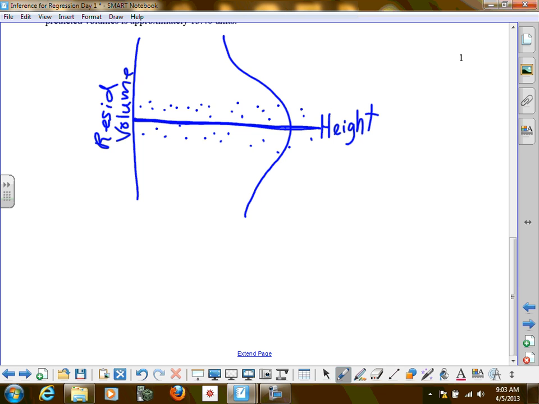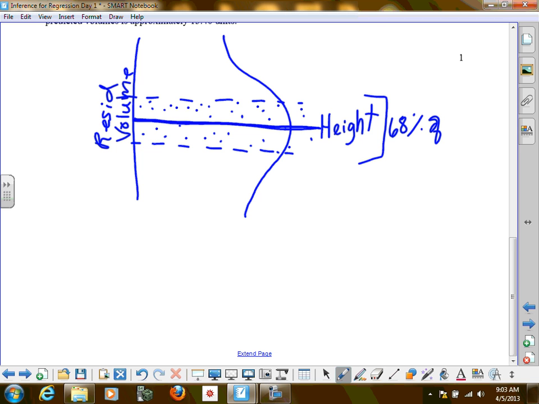And so guess what? What am I drawing right here? I am drawing 1 standard deviation away from predicted. And what percent of the residuals should fall between 1 standard deviation away from predicted? Good. This should be 68%